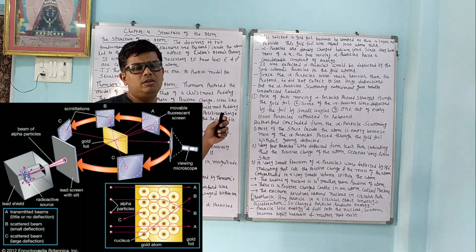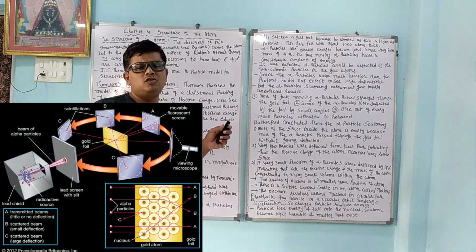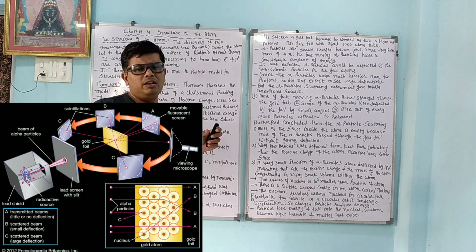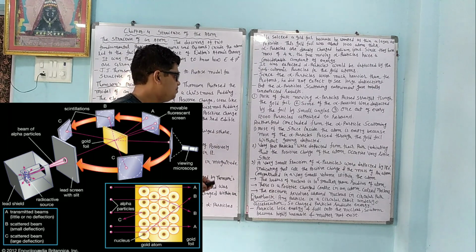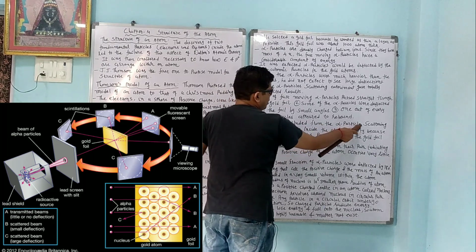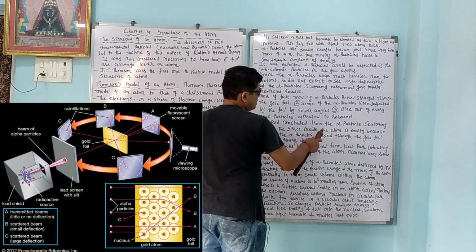So if we compare the size of the nucleus and the size of the atom, then the size of the atom is 10⁵ times more than the size of the nucleus. Or, if we put one small cricket ball in a cricket ground, that much is the size of the nucleus of the atom. Okay, Rutherford concluded from the alpha particle scattering that most of the space inside the atom is